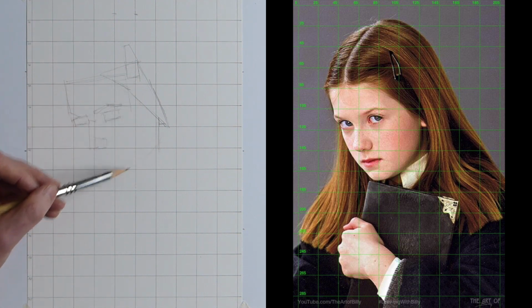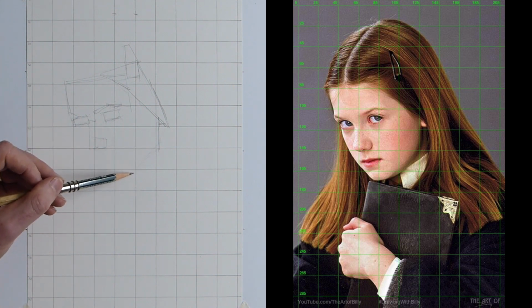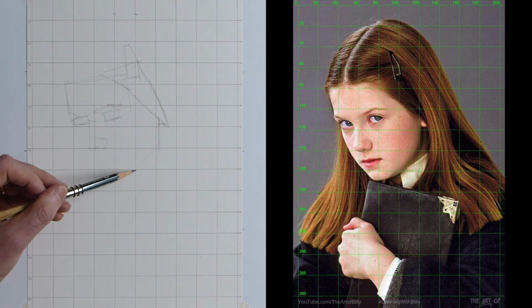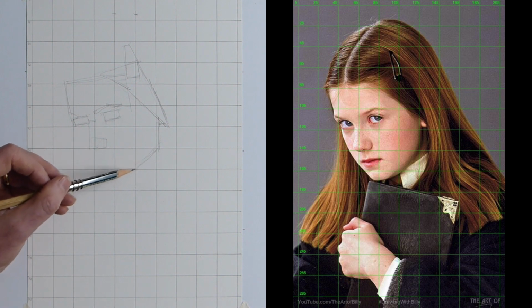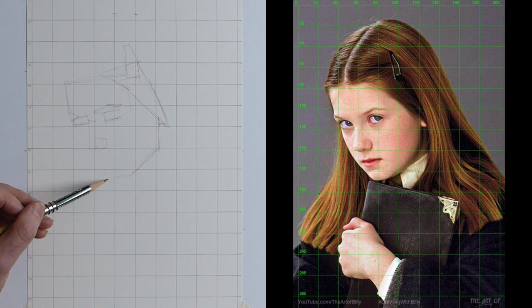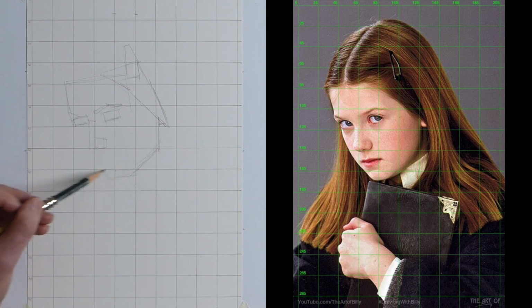So now we come down, we've got the diagonal line coming over of a jaw, and that's going to be in shadow, and this comes right over to the 165 line and the centre line. So here we are, we've got that. Like I say, I was hovering here, it was a little bit far over, but this is why you look at your reference and you use the lines and you use the guidelines. So now we can put this little bit of a triangle shape here, which is the bottom of a chin,